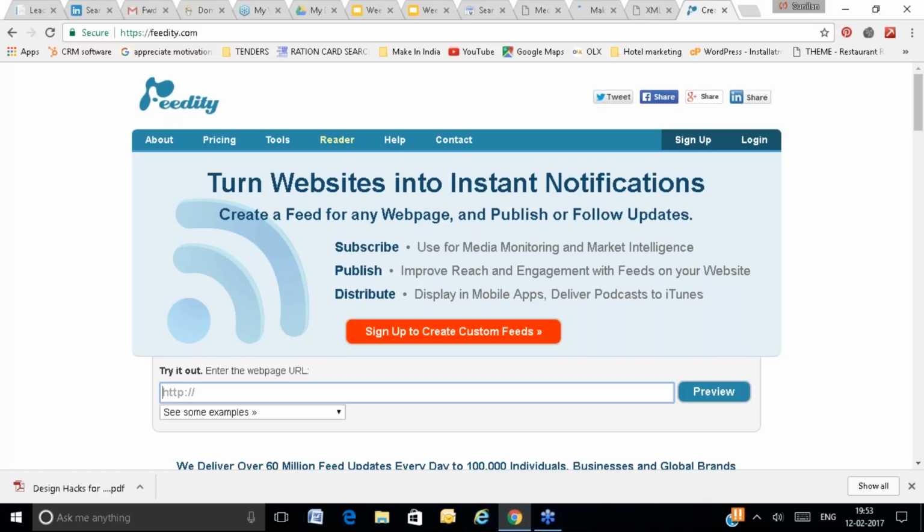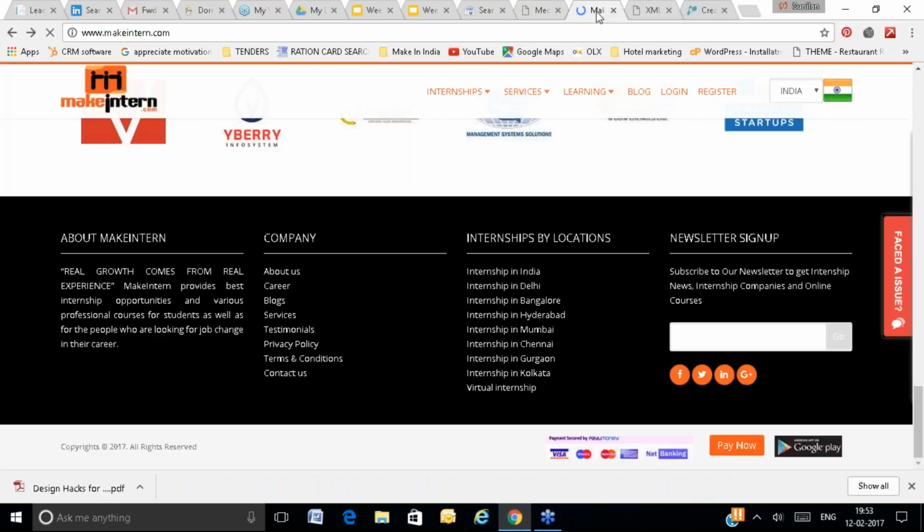What will happen is there will be a separate page on which, automatically, whatever you upload on your website, the link will appear on your feed URL. So the user need not go back to your website again and again. They can just open your feed URL, and whatever you upload on your website will also be uploaded on the feed URL, right?